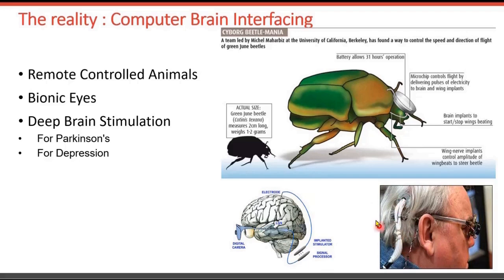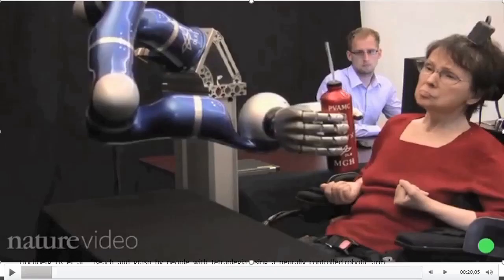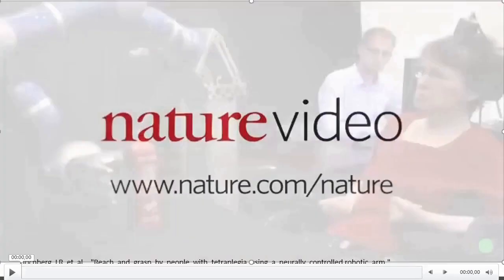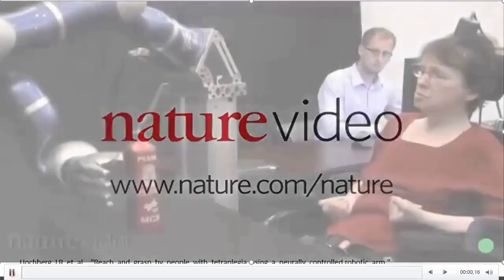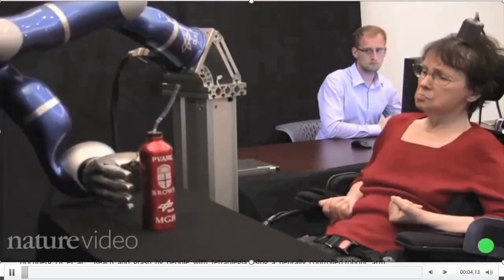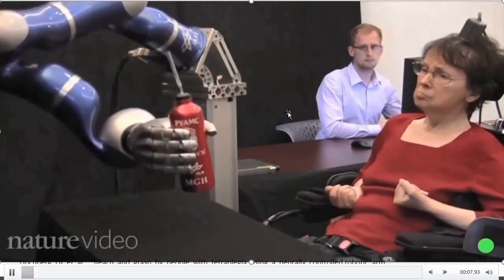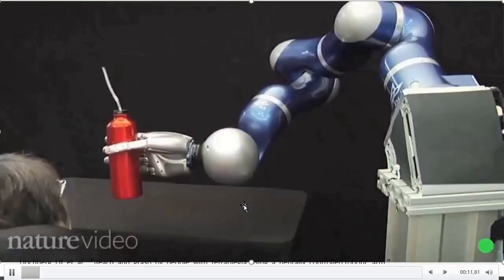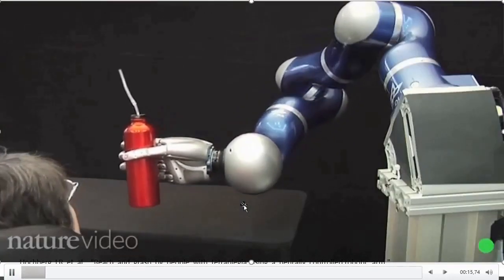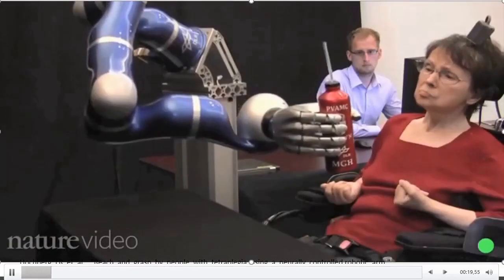While these are early examples of CBIs, computer brain interfaces, there have been a lot of recent advances as well. Nonetheless, our topic in this course is we focus on building brain computer interfaces, as in the following example. I'll show you a couple of demonstrations of a BCI or brain machine interface that has been developed by researchers. In the first example, we will see a paralyzed woman controlling a robotic arm with her mind using the most advanced brain machine interface ever developed. She can steer a robotic arm towards a bottle, pick it up, and drink her morning coffee.